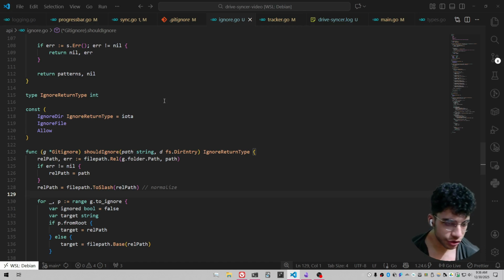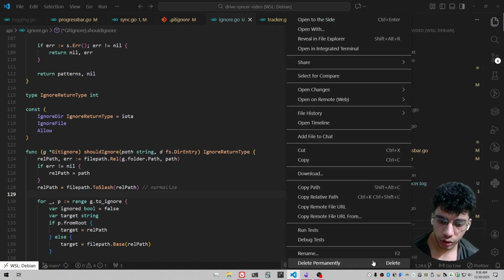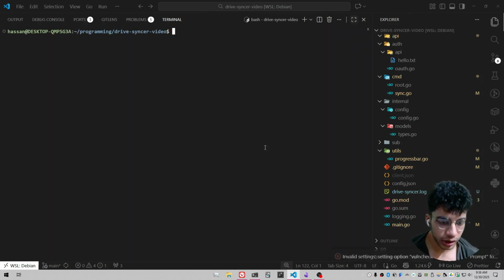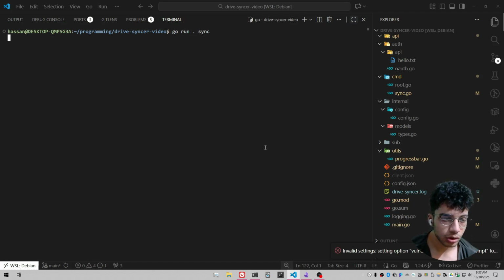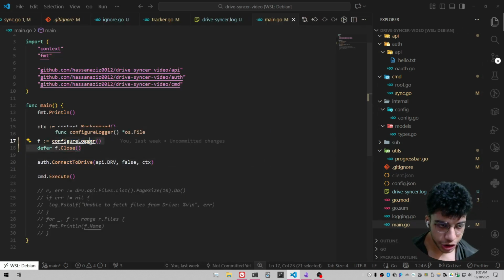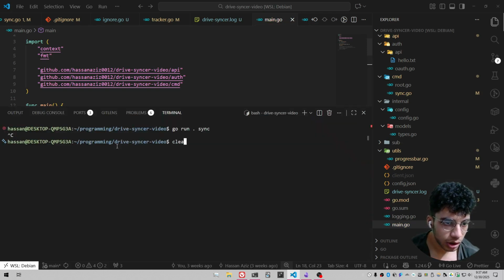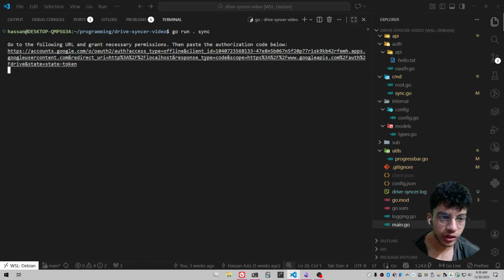And one of them, let me just show you. I'm just going to delete this token file over here that I have, right? So I have to re-authenticate my account again, right? And then let's run the entire application over here. And you'll notice I have to obviously re-authenticate my account, but let me just do this and show you. And I guess before we actually do that, I should stop redirecting the logs to the other file because then I won't be able to see, right? Let's run this again. So as you can see, it gives me a URL to go to authorize my account,